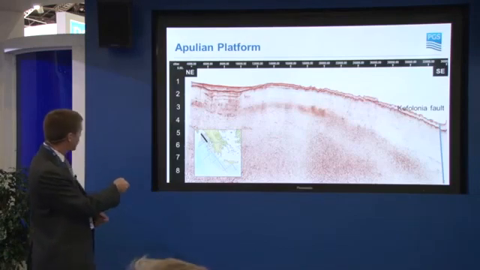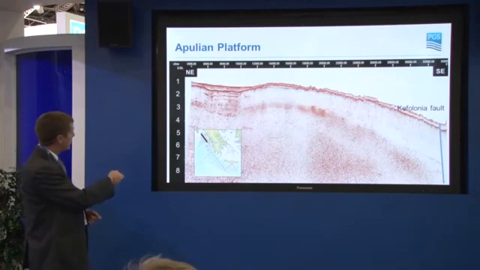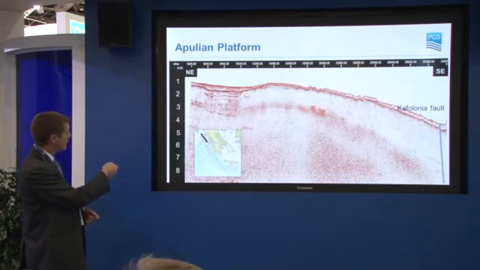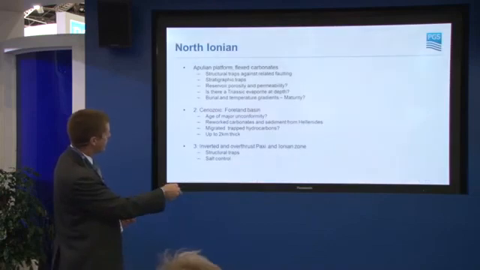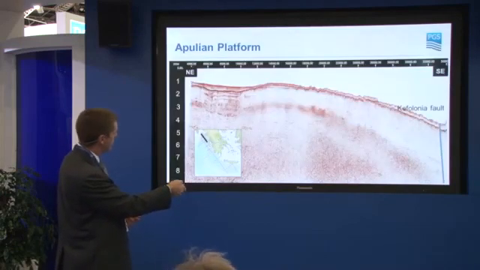Here we have a line running from north to south along the Apulian, the Adriatic, so the Apulian platform, and we can see some areas of also extension and sediments that have formed on top, and you can see it diving to deeper